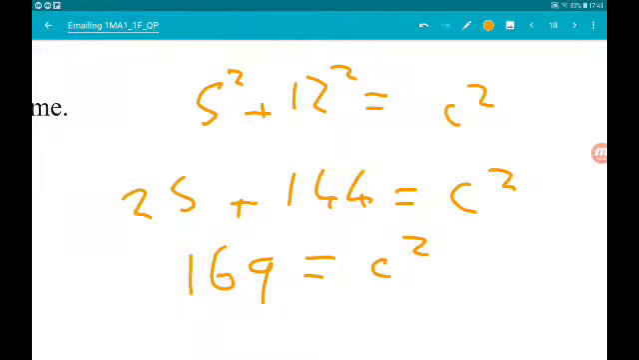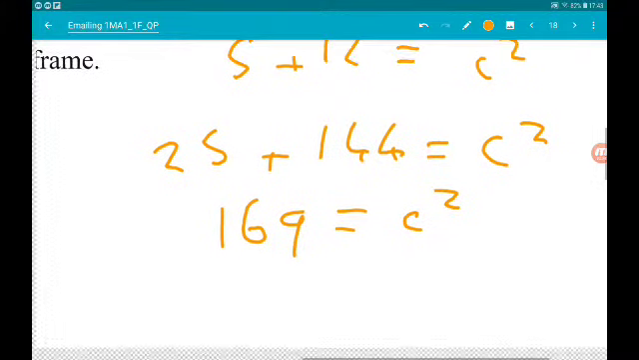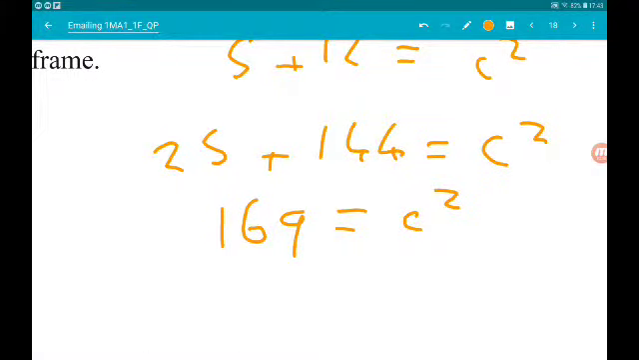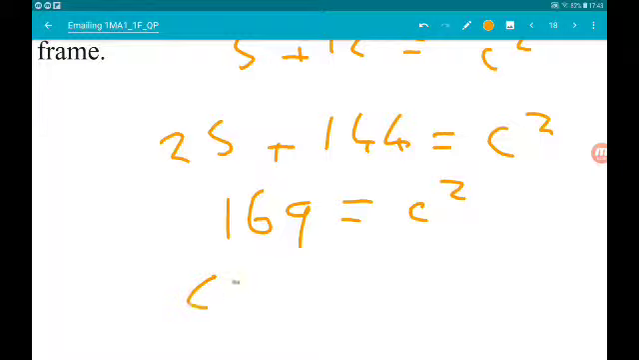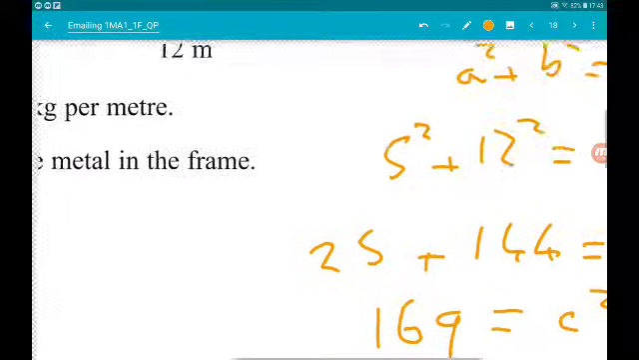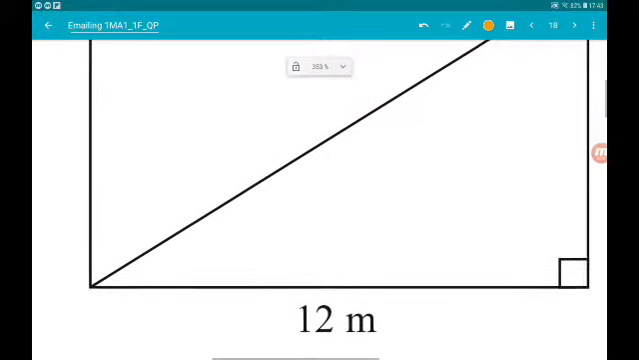Now, Edexcel are really horrible. That is a square number, probably not one that you're too familiar with. The square root of 169 is 13. So, C is 13 meters. Okay,